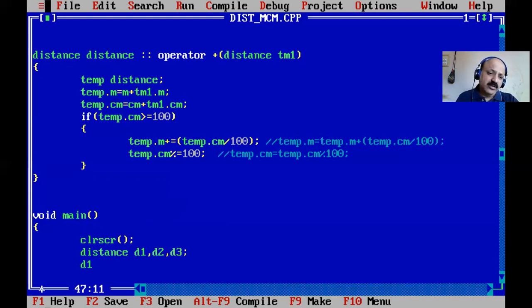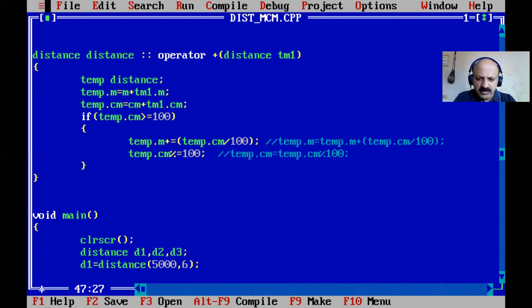There are two techniques to call the constructor, implicit and explicit. Here is implicit, now I write explicit. So distance, and we pass two parameters, like I pass 5,000 and then centimeter.